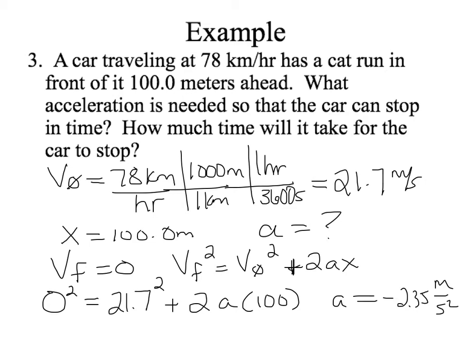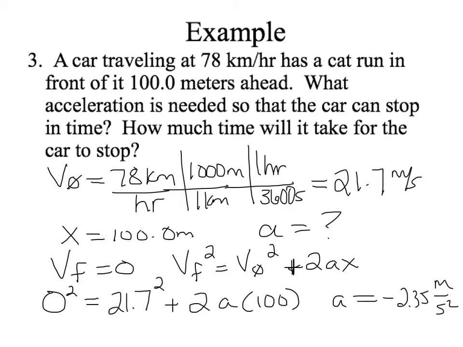You have a positive initial velocity, you have a positive 100 meters, you must be going to the right or north or something positive. And so it makes sense that if you want to slow down, you're going to have a negative acceleration. Now, I've sort of run out of room on this slide, but you can calculate how much time it will take for the car to stop